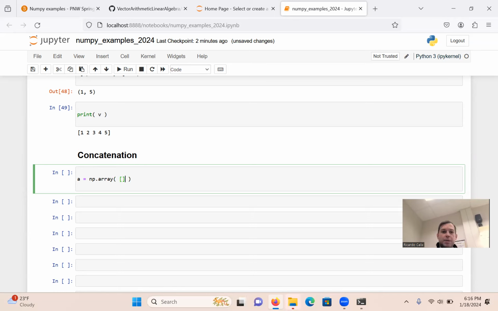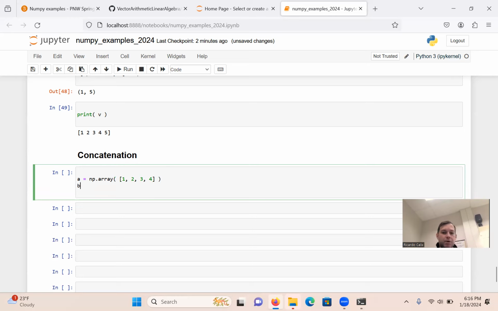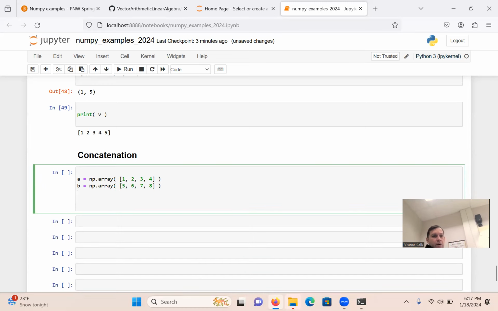And it's going to be 1, 2, 3, 4. Okay, and then I'm going to have another one. I'm going to call it B, and that's going to be np.array, right? Okay, and this is going to be, let's say 5, 6, 7, 8. So I have there my two NumPy arrays now, and I want to make them into